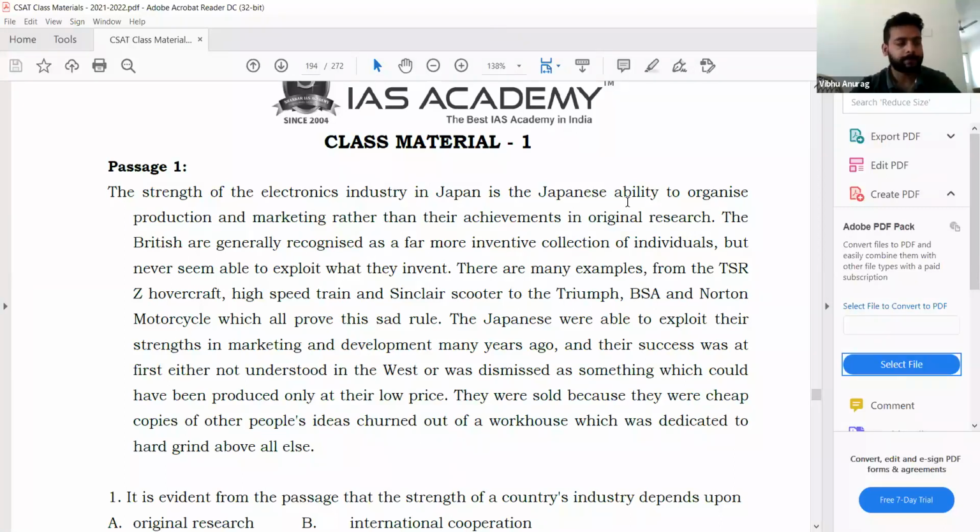You able to download it? Downloaded. Okay. Anyone who's unable to download, I hope everyone got it. If anybody is unable to download,